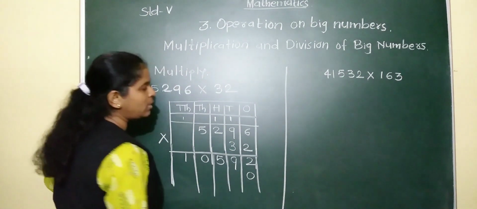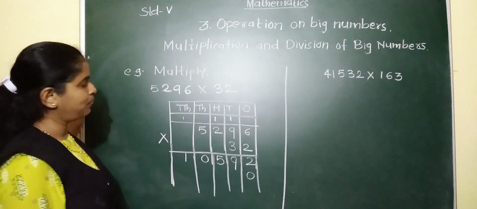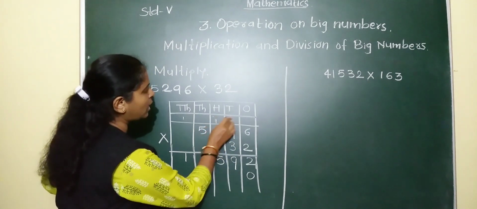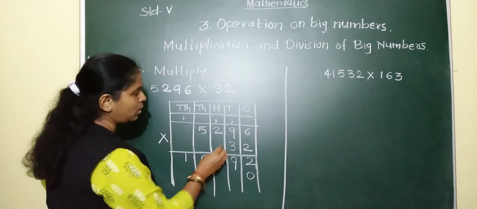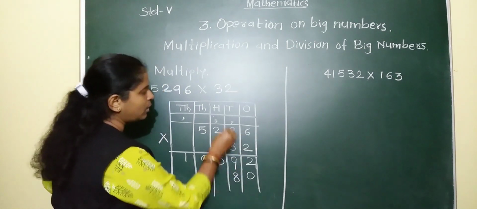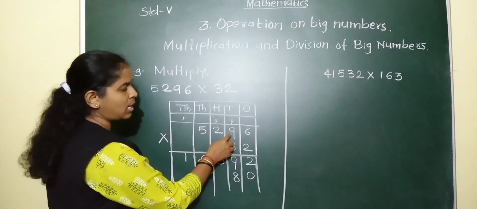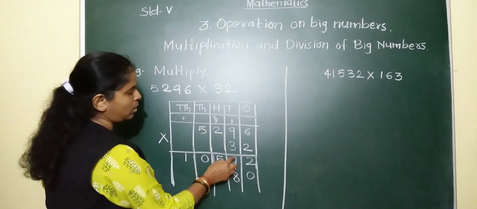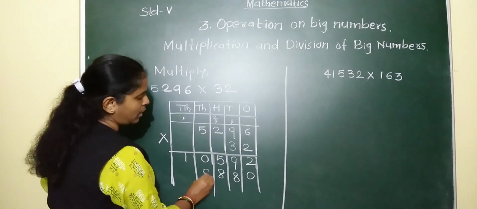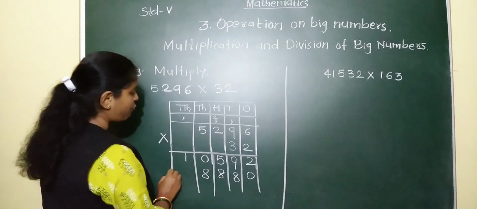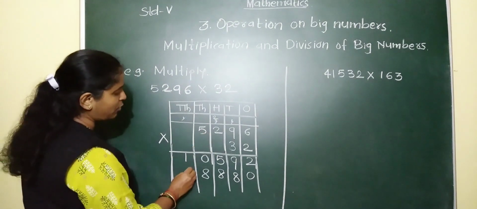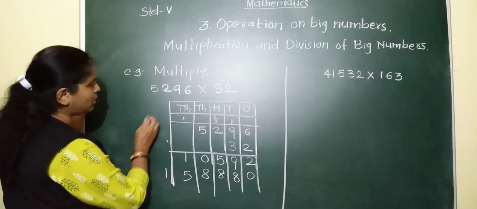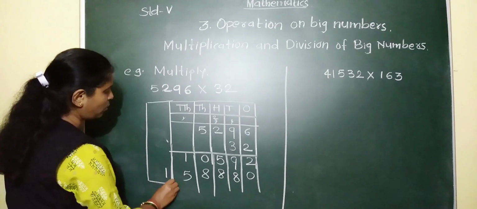So here in the ones place we compulsorily have to write 0. Now 3 6s are 18. Whatever carried numbers were there, we will cancel those now. Now next, 3 6s are 18. 8. Carry 1. 3 9s are 27 plus 1, 28. Carry 2. 3 2s are 6 plus 2, 8. 3 5s are 15. Now where to write 15? See here, 5 and again 1 will be here. Okay, means here again one column will have to be extended.